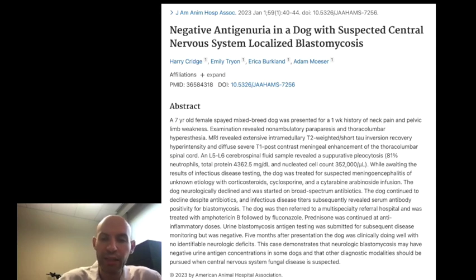It is surprising that the urine antigen was normal, but no test is perfect. I don't have an explanation for this other than, again, no test is perfect. One could argue that the AGID was a false positive, but given the response to treatment, I feel this is unlikely, especially as other fungal testing was negative, and I feel like the cross-reactivity because of this is unlikely for